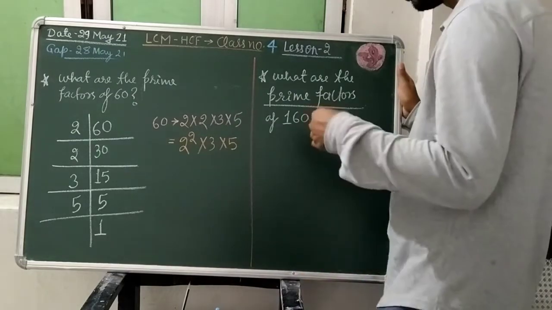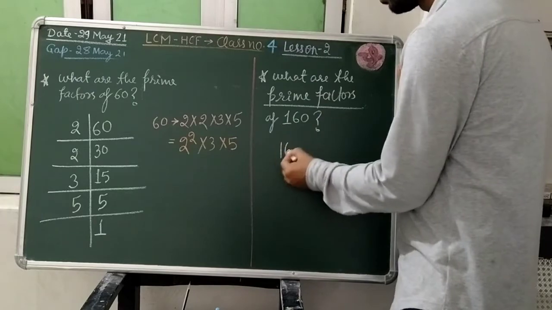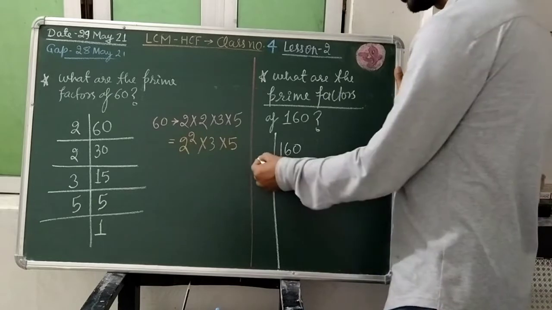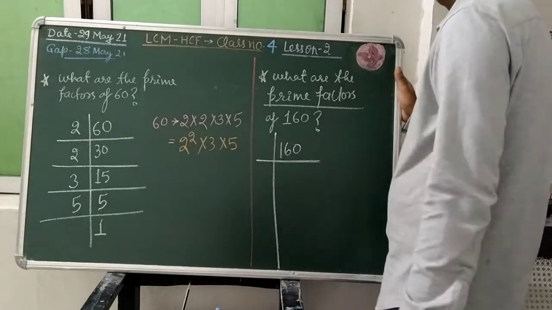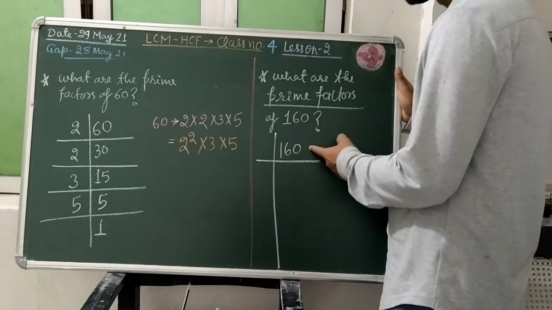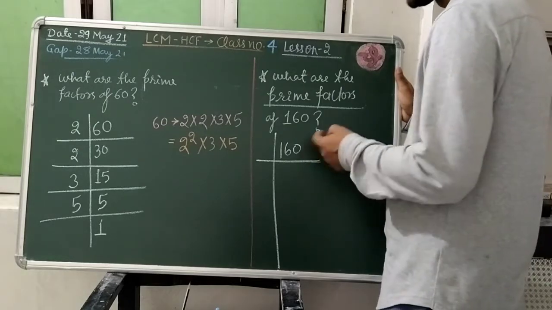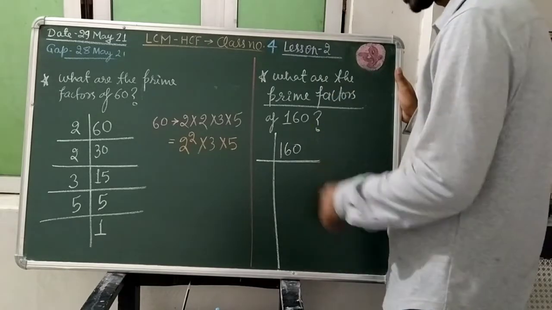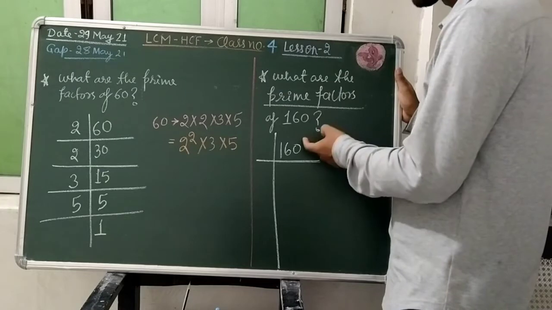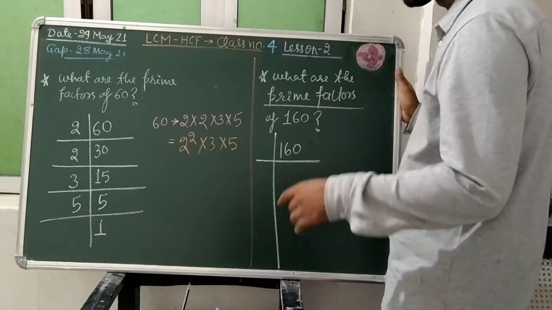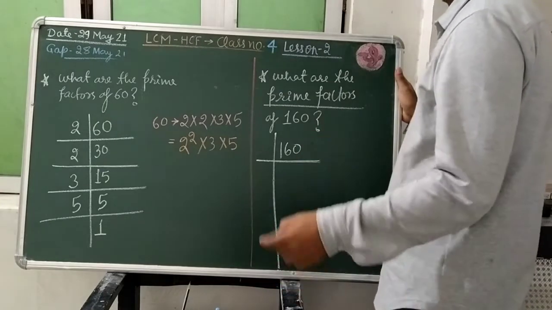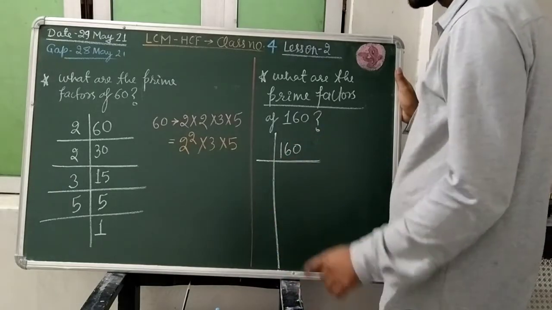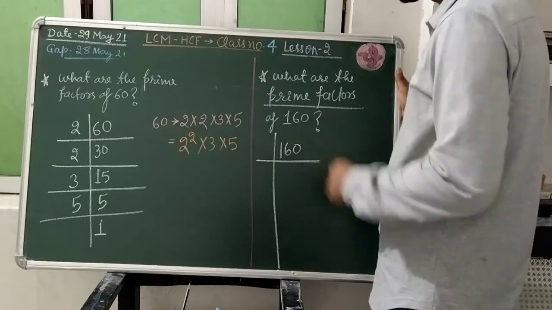So, look, students. What shall we do, students? 160. We'll draw a vertical line and we'll divide that into horizontal lines. So you are looking at a composite number, 160 has been given to us, and the problem is asking us to find out the prime factors of that. So we shall apply the rule for a composite number. I have told you, for a composite number we shall go from 1 to 11 to find out the factors of that number.